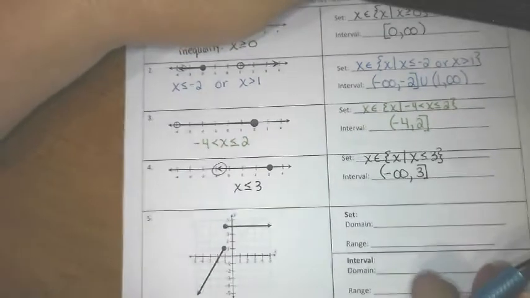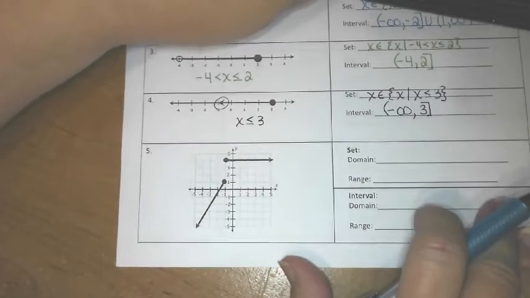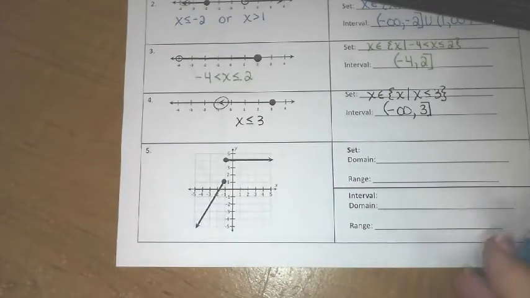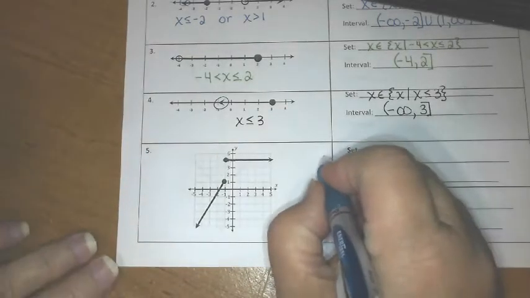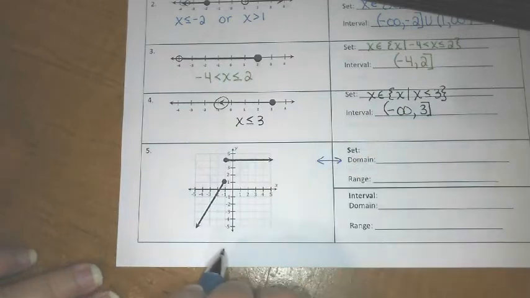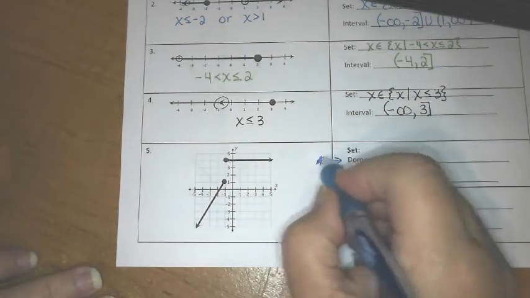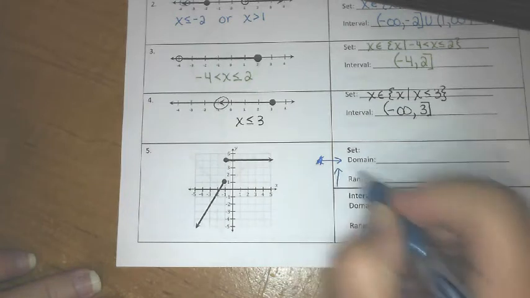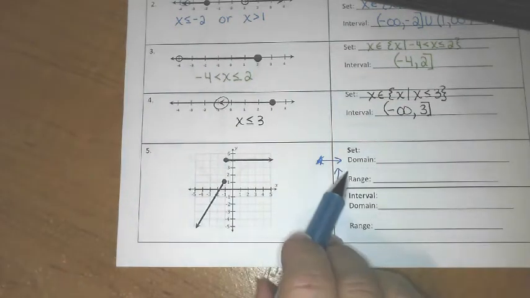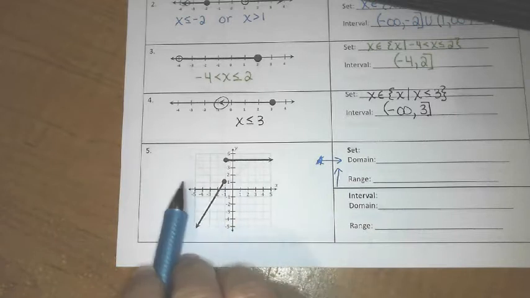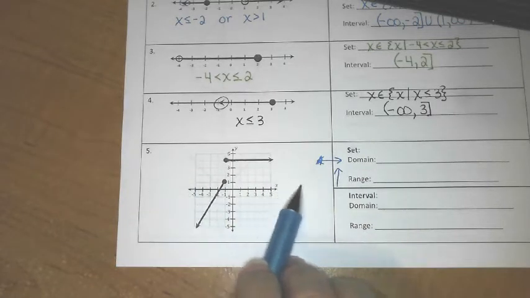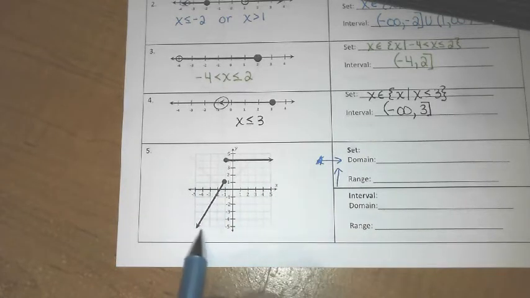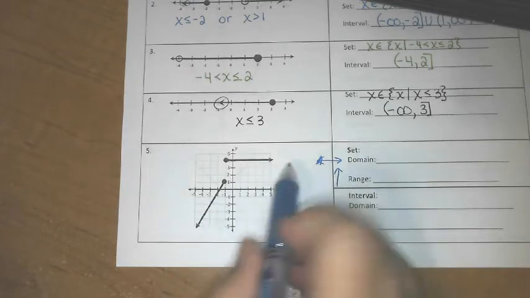All right, now we're going to deal with a domain and a range. Remember, your domain is the set of x's that go from left to right. Your range is the set of y's that go from bottom to top. So let's start out by looking at the domain. If I go from left to right, I see an arrow pointing to -infinity, and over here I see an